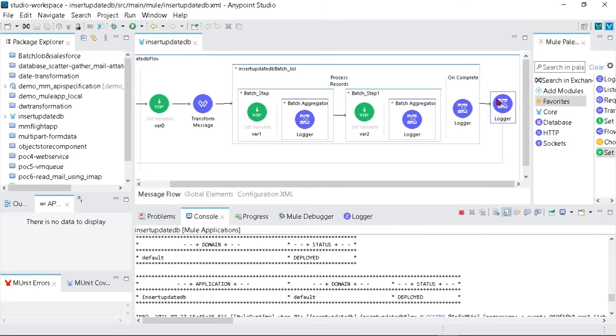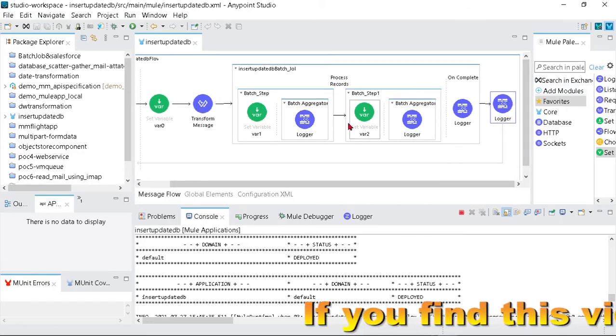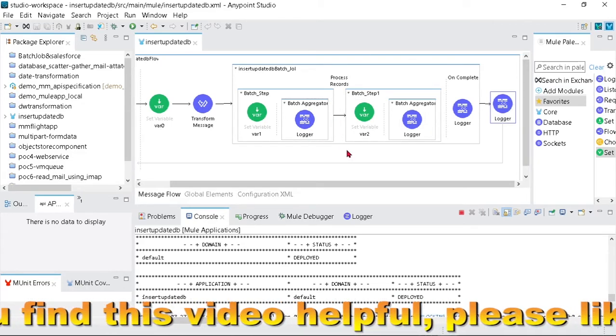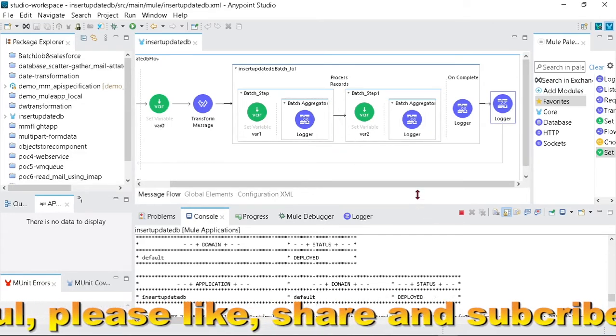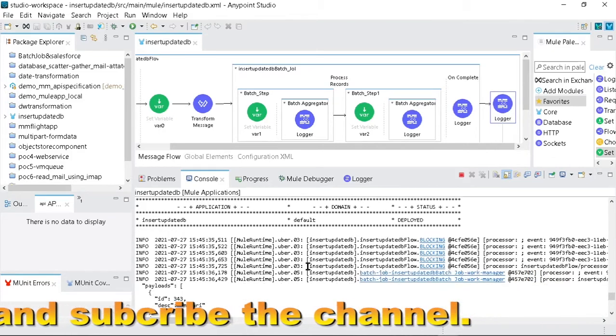This would run as an asynchronous process. You cannot expect that first this will run, then this whole batch processing will run, then this component will run. It is an asynchronous process, and it might happen that first this will run, then this will run, and then this whole batch processing will run. So this might happen. Okay, so let's see the result.